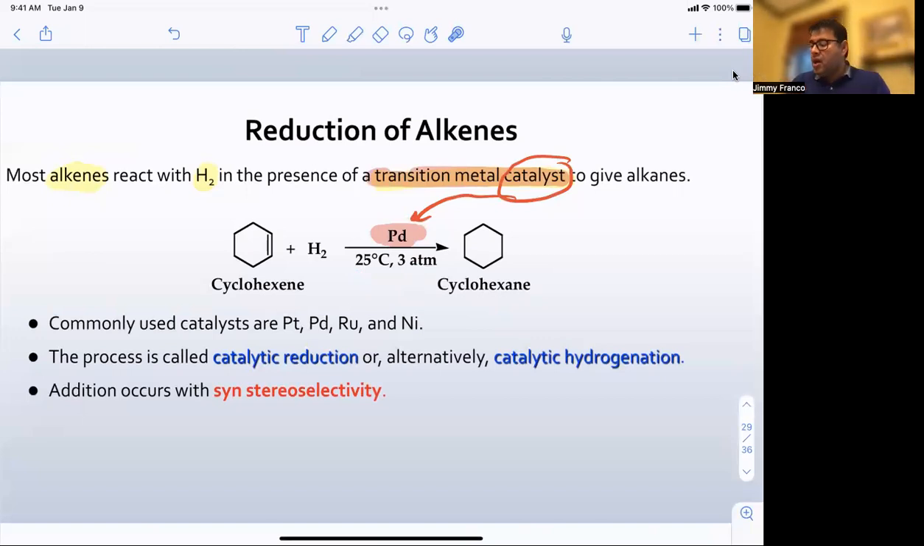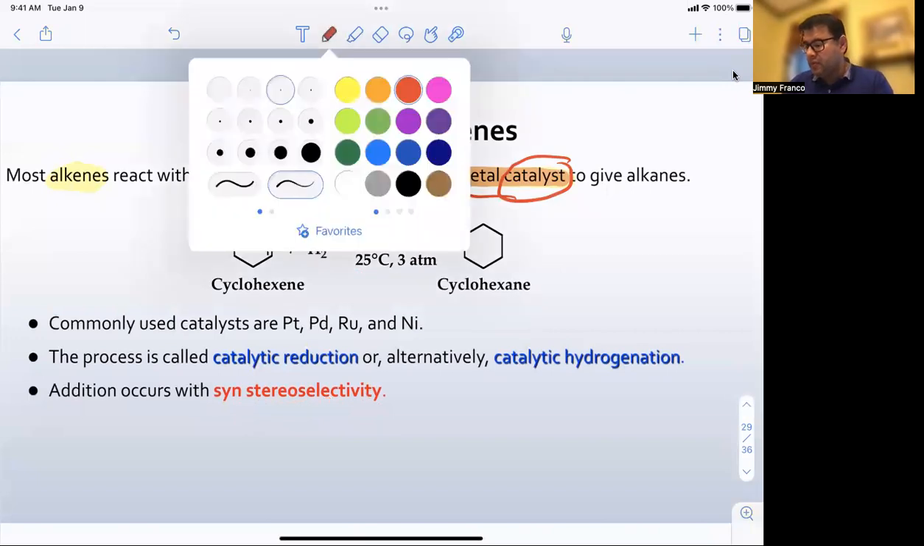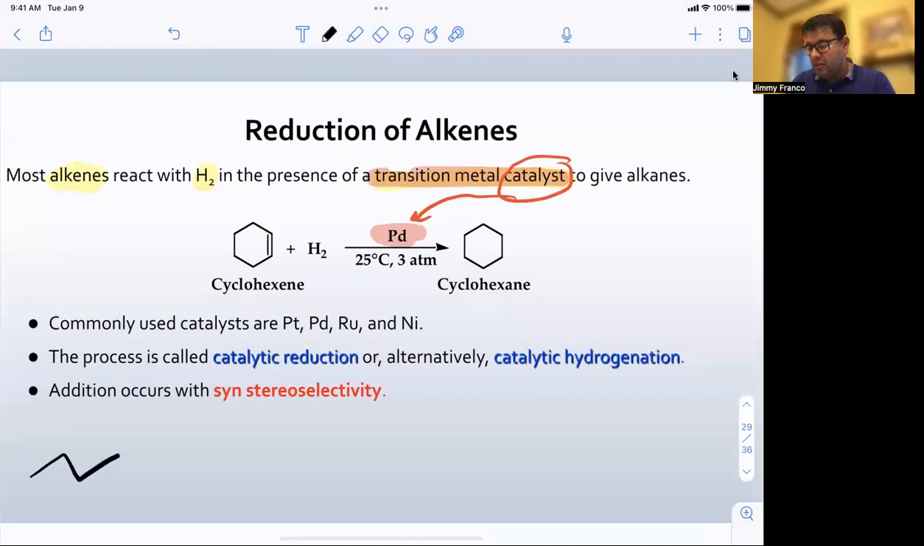A couple other things about this is they're going to add syn. So that means they're going to add to the same side. Right? So if you showed the hydrogens, they would add to the exact same spot. All right, so let's see what this would look like. So let's take a molecule. So if we take our double bond,